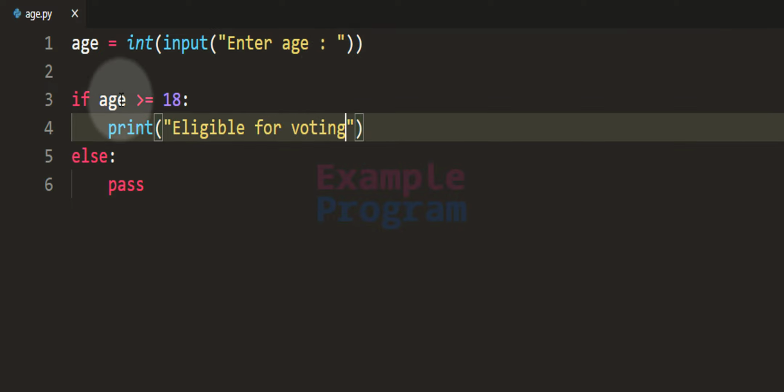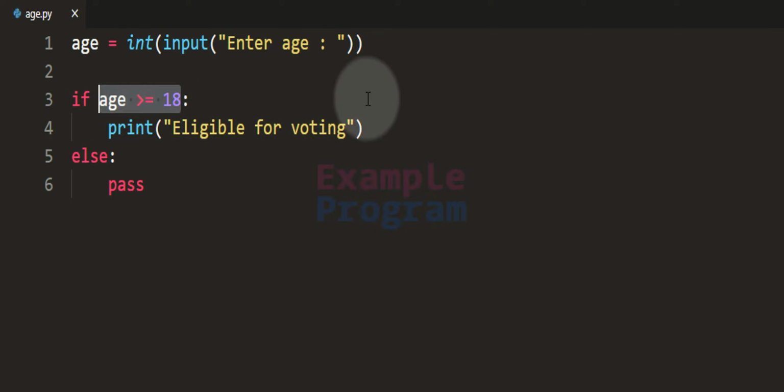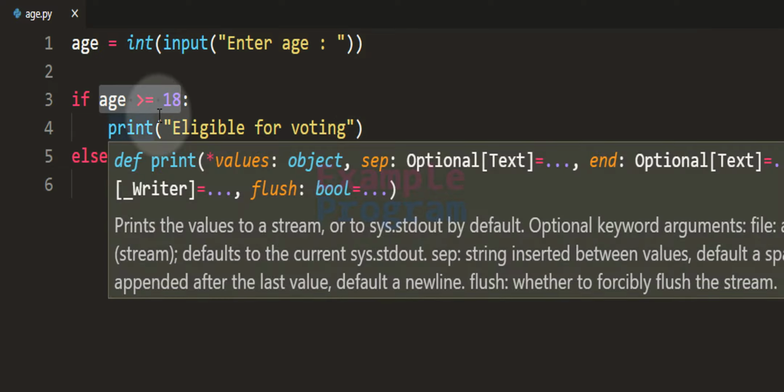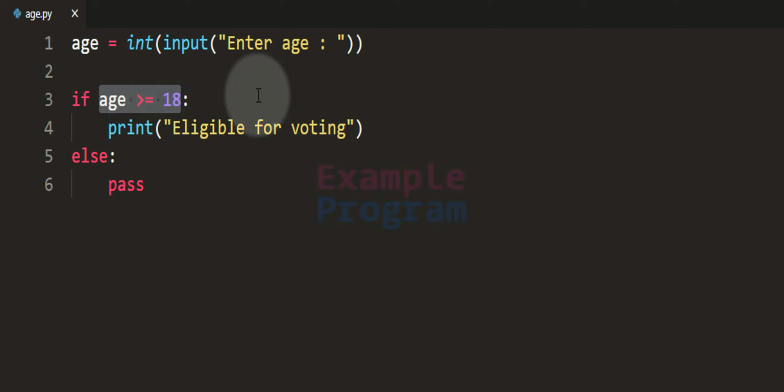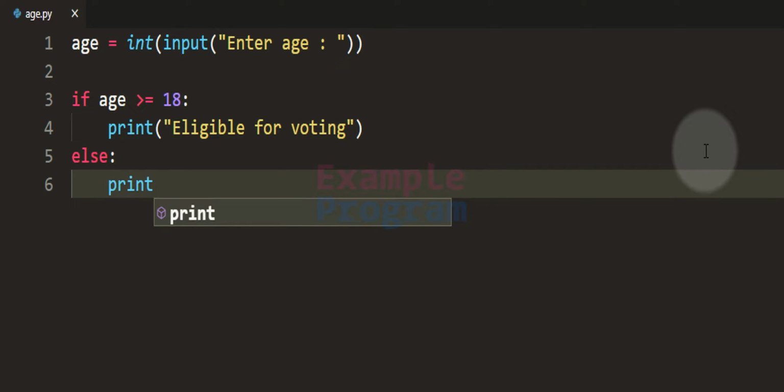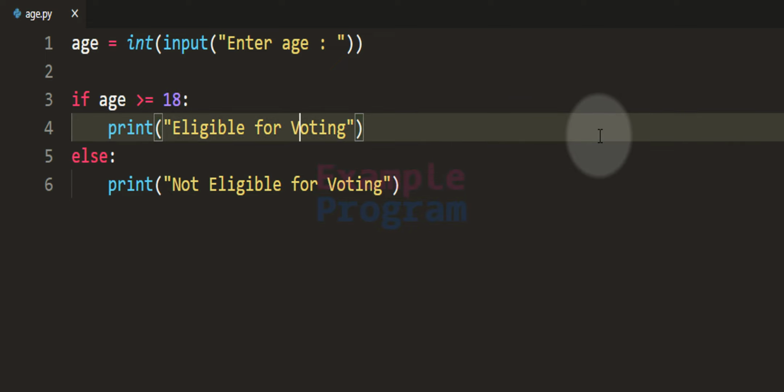If the age variable is containing a value which is less than 18, then this if condition will return false. So the else block will be executed, and if the age is containing a value which is less than 18, then it means that the person is not eligible for voting, and we will display that message using the print function. So here I'm gonna say not eligible for voting.